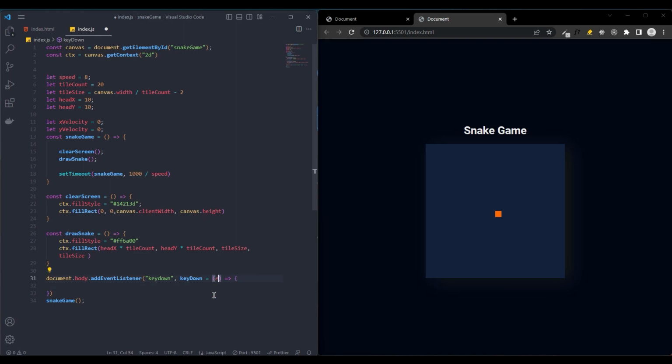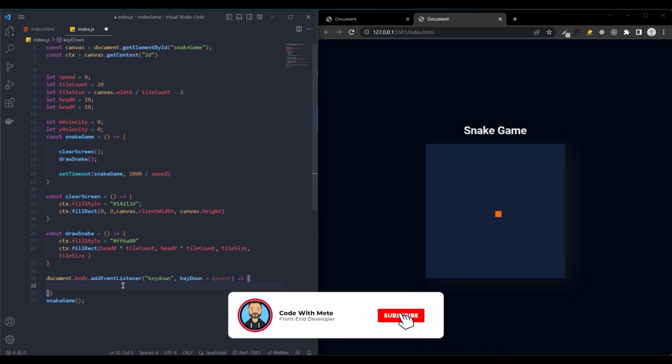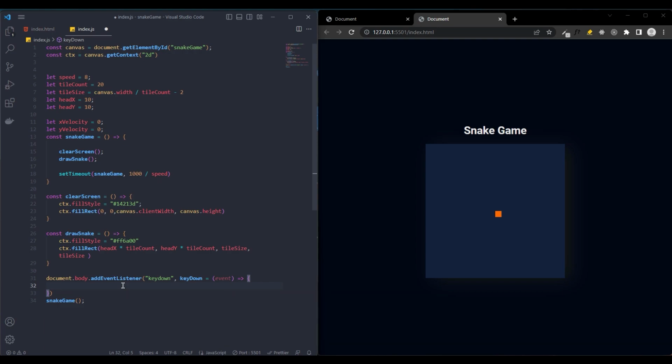We'll just define rights here, and the key down function will listen for any key presses, and it will take in an event as one of its arguments. From that event we'll be able to determine which key was just pushed. One way we can do that is with a code, and this you can just Google and find out what each key code is. So for the arrows, various arrows here, the one I'm implementing is up. The up arrow has an event code. If event code arrow up,